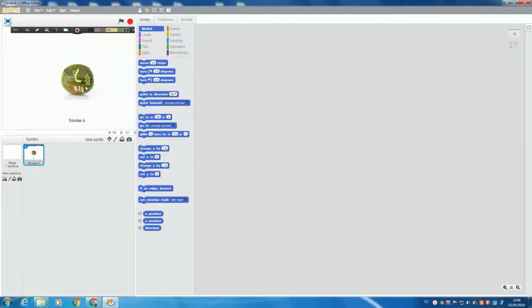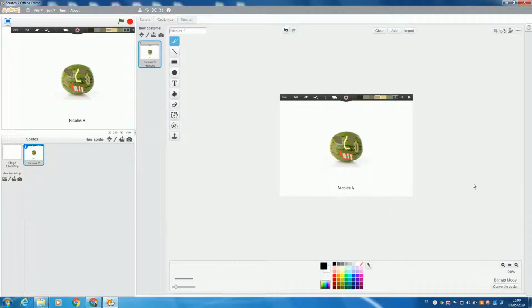Then okay, I've got the image here, and I need to edit that because it's going to ruin the game. But remember it's the sprite, and then the sprite has this costume. You can see the costume is the whole of the background. Last year we did something really cool and quick, but that doesn't work now. So you need to click on remove background, and then carefully you will go around the image that the Year 2 child has made,